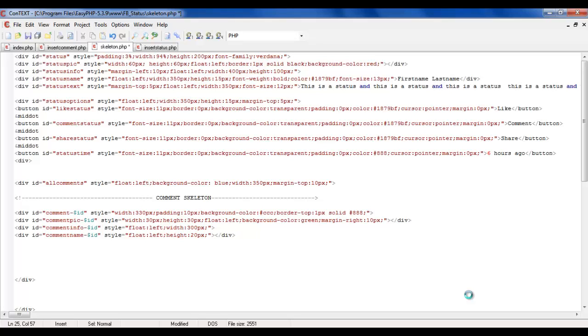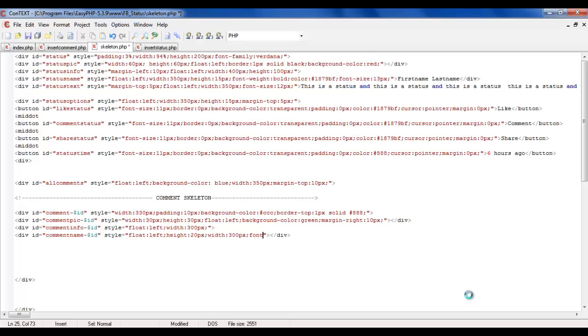Width, I won't give the width there. Let the width be 300, because we don't know how long some people's names are, some people have long names. So anyways, 300 pixels there, and